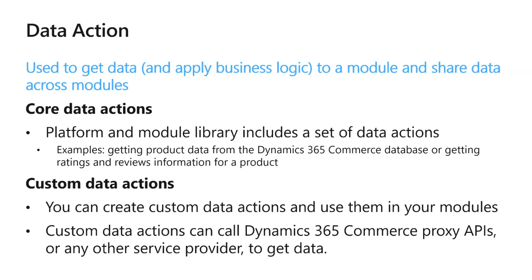You can create those data actions to call your own third-party service, or use the proxy APIs that we provide to call into any of our services like the retail server or our AI library or AI services or other services such as ratings and reviews, etc. You can call those, or any of your own APIs that you may have created in the CRT